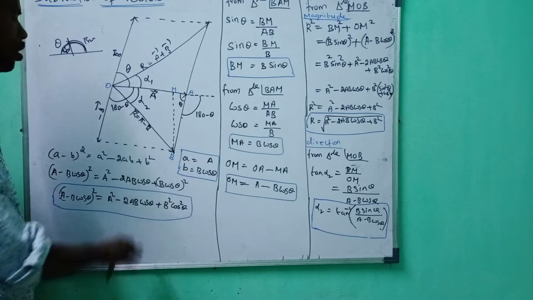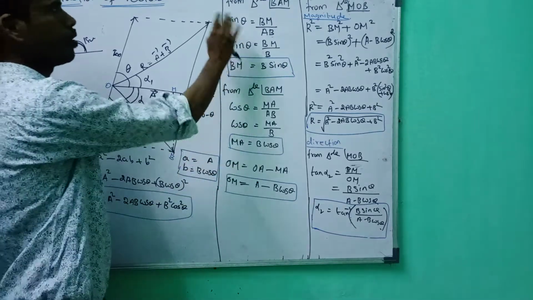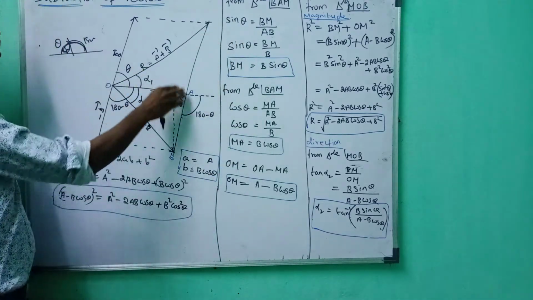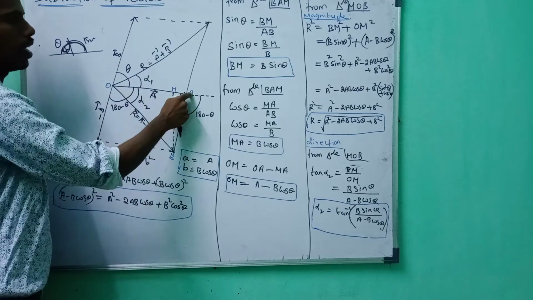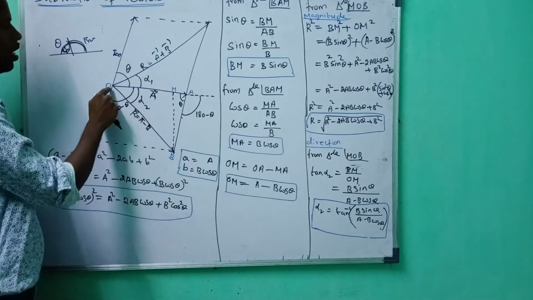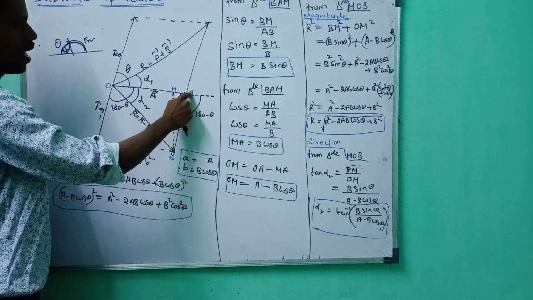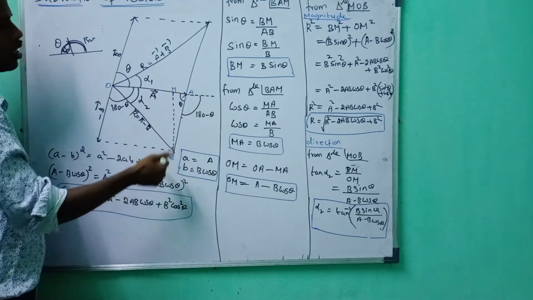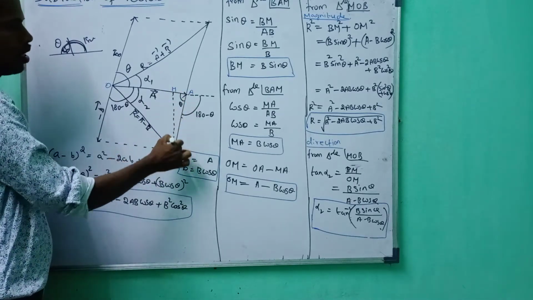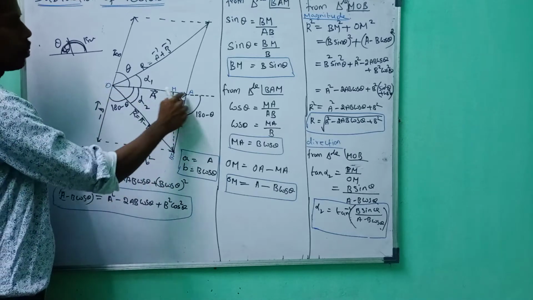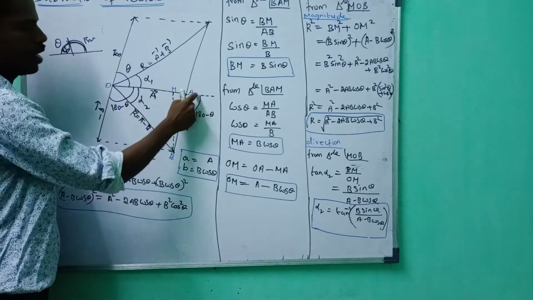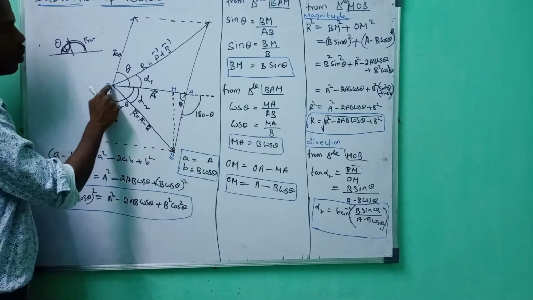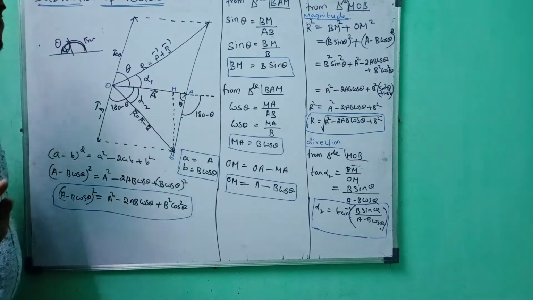Okay, nice. I'm going to put the names like this. OA is the A vector. This is O, this is A, this is B. We have to draw the normal from B to that particular point, which becomes M. So here O, M, A, B. This OMB is a right angle triangle.